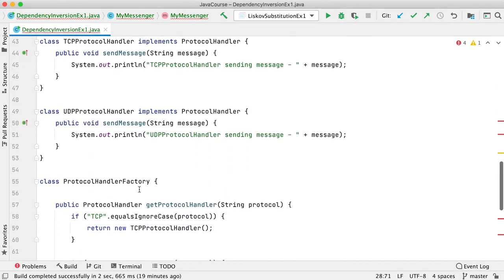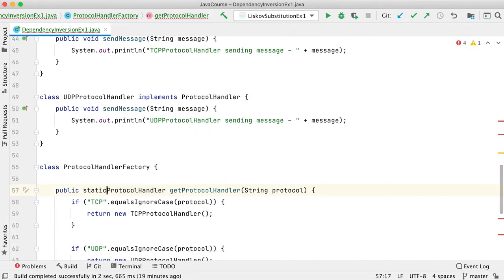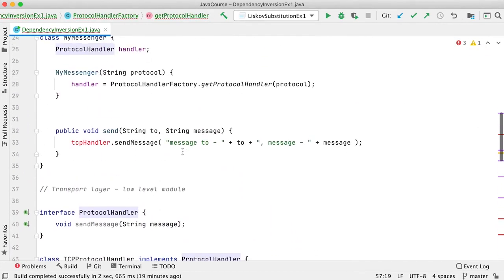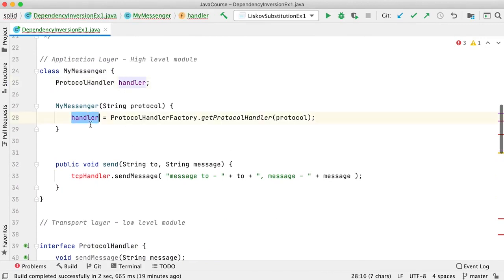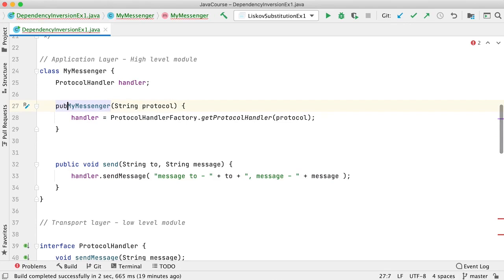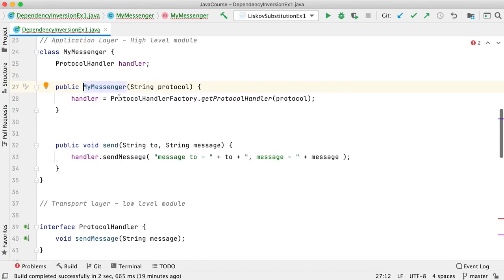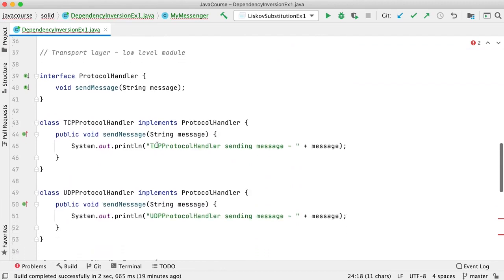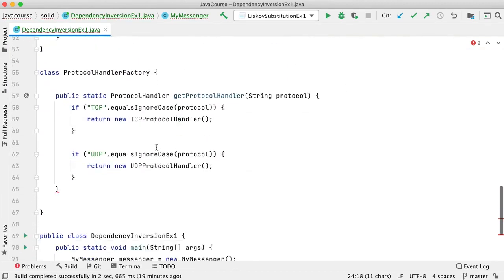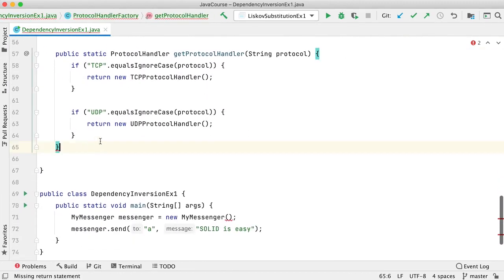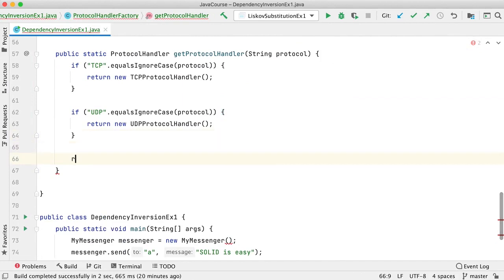Okay, it's not static, so let's make it static. Then this handler dot send message. There are some other additional things included as part of this, but at a high level, if you look at my messenger now, it's still showing some error because we are not returning. Okay, so let's leave it.